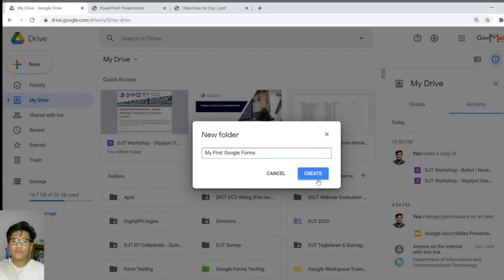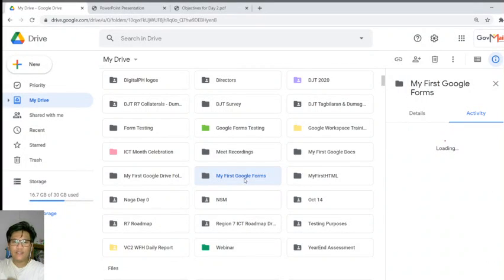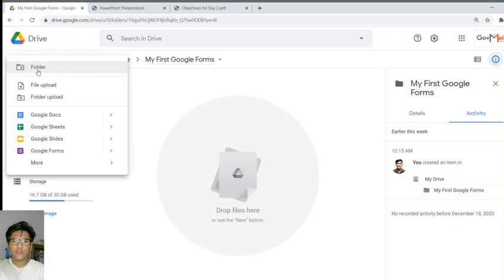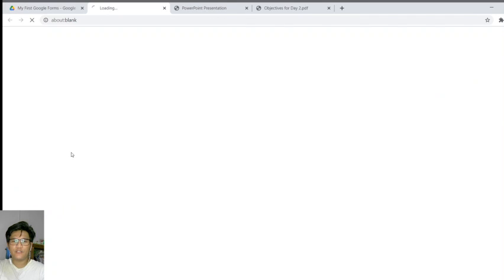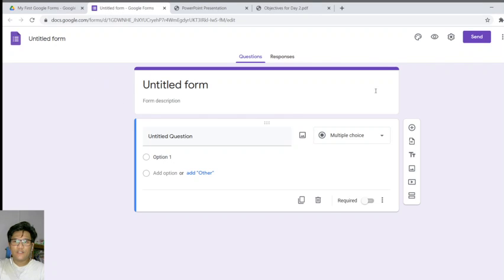So when you create a folder, and when you click that folder and press new or create new, remember that such Google Forms document will be saved in that folder. But then again, our search box is very powerful in Google Drive. It has an AI embedded in it, so it is easy for you to search for missing Google Forms. So as you can see, this is now our interface of our Google Forms,